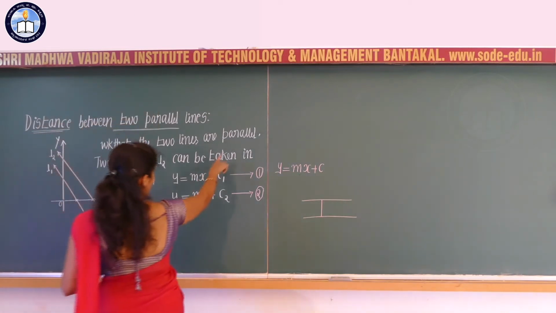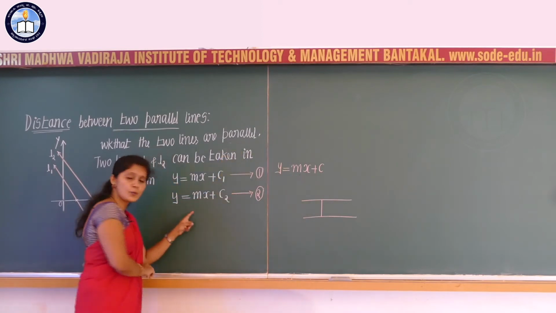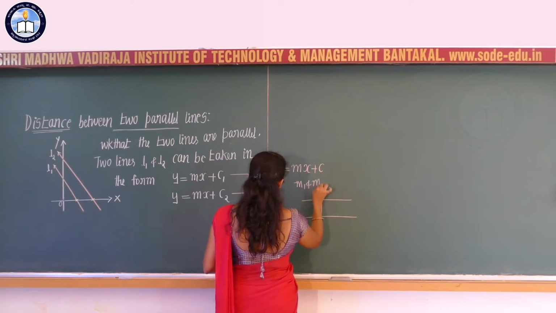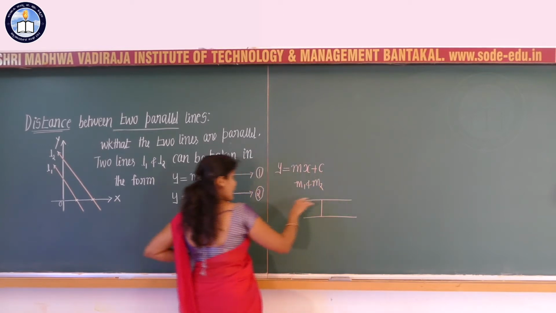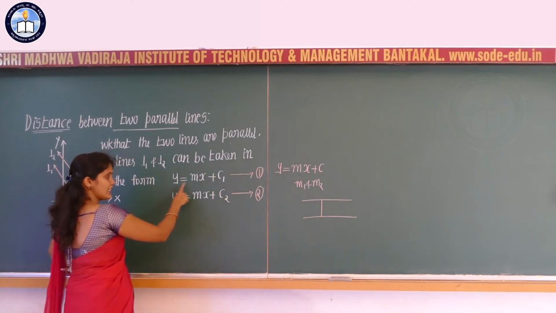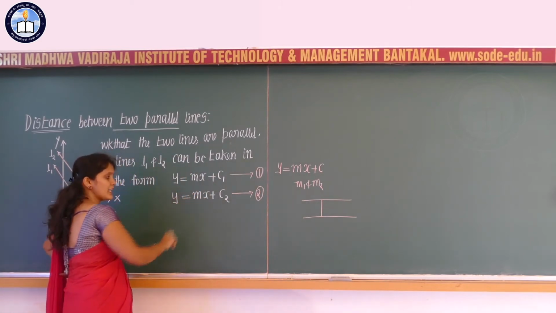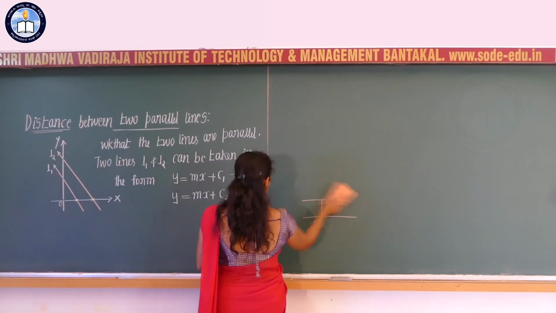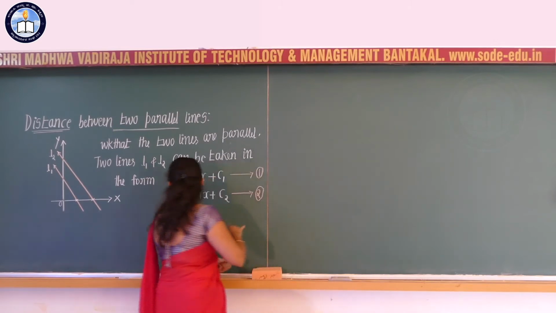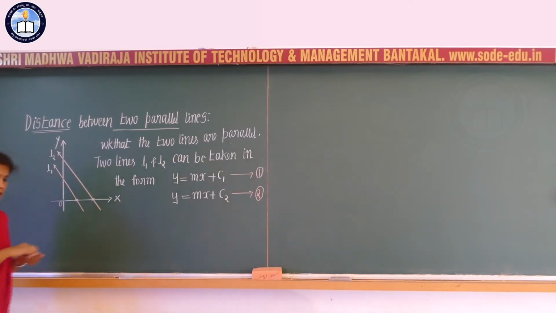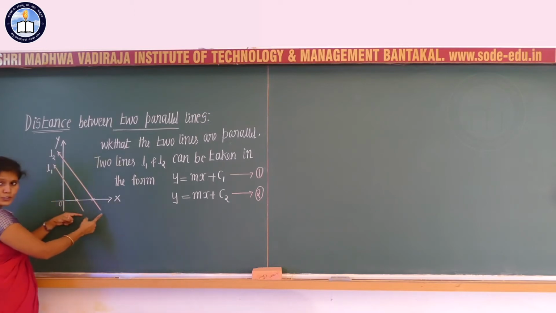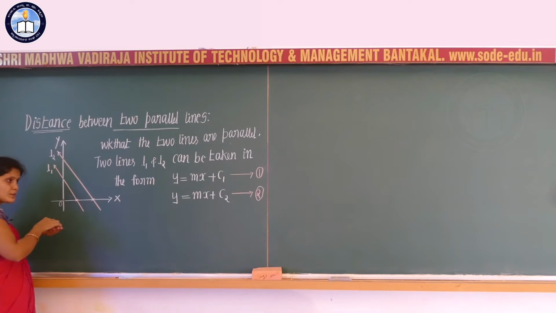And since the two lines are parallel to each other, their slopes are the same. Therefore, with respect to two different lines, there is no need to mention M1 and M2; M1 and M2 are equal. So I can write y = mx + c1 and y = mx + c2. Now let us consider the point of intersection of line L1 with the x-axis, correct? Okay, what is the distance between these two lines L1 and L2? What is the distance between the two lines?